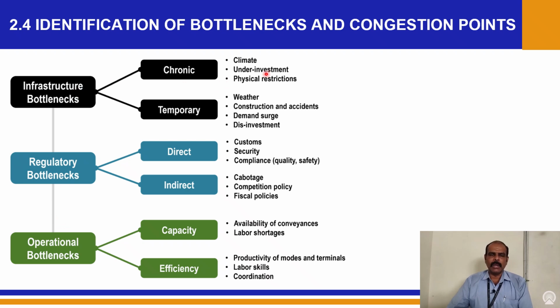Now we'll see one by one. Chronic type infrastructure bottleneck means climate will influence. Climate, under investment, physical restrictions. These are the things that come under chronic type of infrastructure bottlenecks. The next is temporary: weather, construction and accidents, demand surge, disinvestments, with respect to infrastructural type, temporary type of